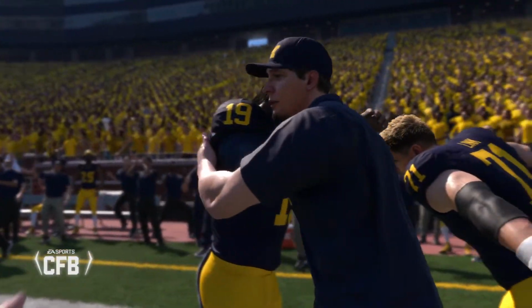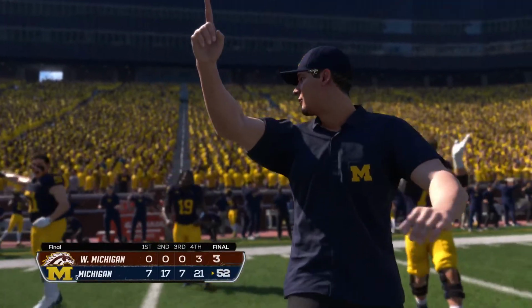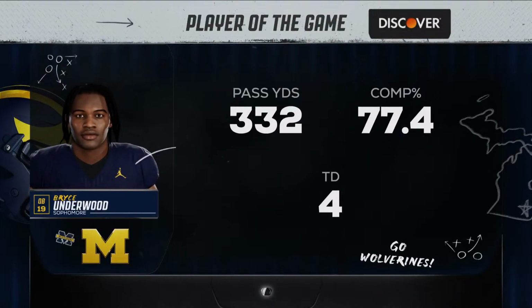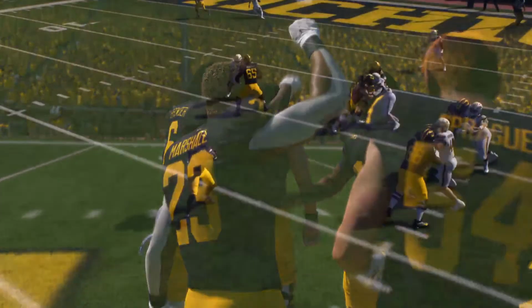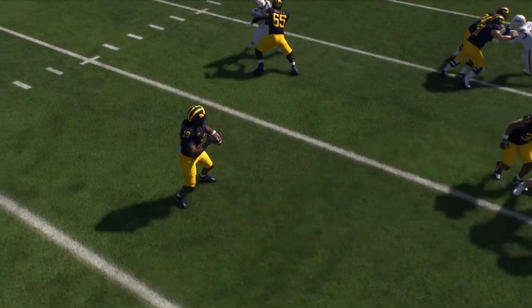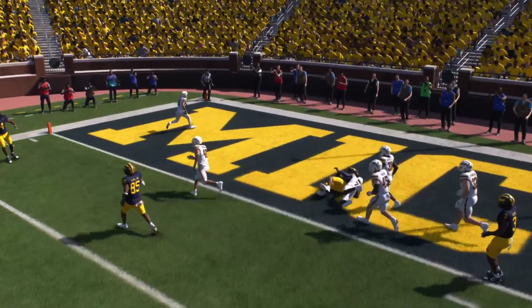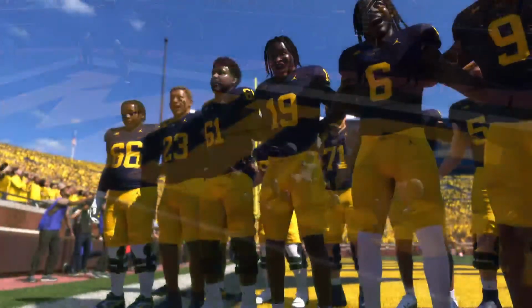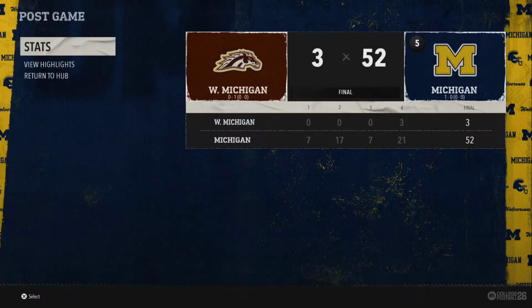They get a big win here and start the season on a positive note. First game is in the books, 52-3, Michigan over Western Michigan. Anticipation coming into the season, finally getting ready to play in front of a live audience. You're able to come out and execute and get this win under your belt. David, couldn't be a better way to start the year. And for the losing team, obviously, it's a little bit different. You have something to look at now to analyze where do I need to get a little bit better, but plenty of time still left in the season to improve and turn it around. That's going to do it from here. For David Pollack and Jesse Palmer, I'm Reese Davis, and you've been watching another presentation of EA Sports College Football.